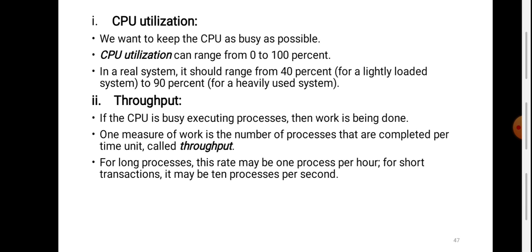Okay, for long processes this rate may be one process per hour, and for shorter transactions it may be 10 processes per second. Okay, for longer processes it may take 1 hour to execute one process, or for shorter processes it may execute 10 or 20 processes in a single second. Okay, then